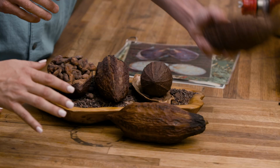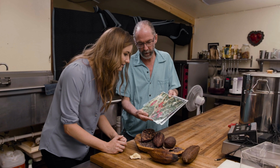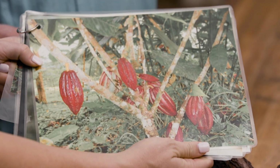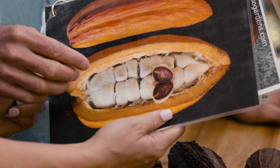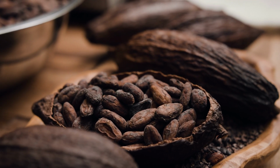Cacao grows on trees, and these are dried pods from the trees. The chocolate making process starts with the cacao pods. These are what cacao pods look like on the tree. They're beautiful, really red and vibrant. And inside are the beans. Around each bean is this soft, pillowy, fruity substance that's extremely flavorful. So when all the beans are pulled out of the pod and they're lightly fermented,